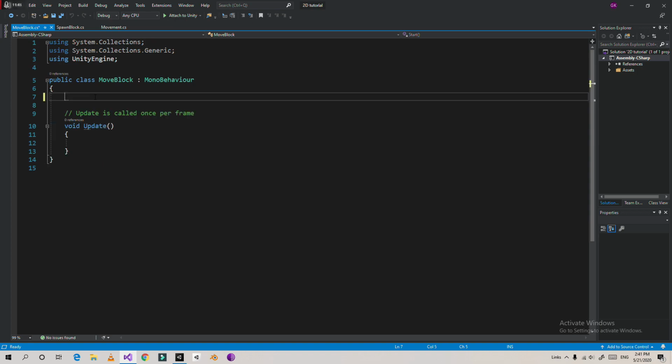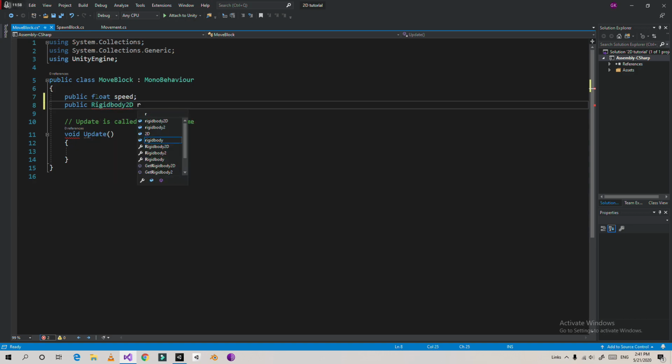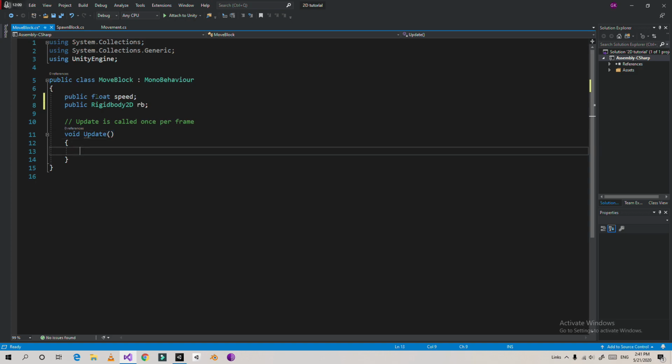Okay, remove the Update function, and here type public float speed, which is the speed of the block, and then public Rigidbody2D rb. Okay, in the Update function, what we're going to do, we need to add some force or velocity to our block. So here type rb.velocity is equal to,